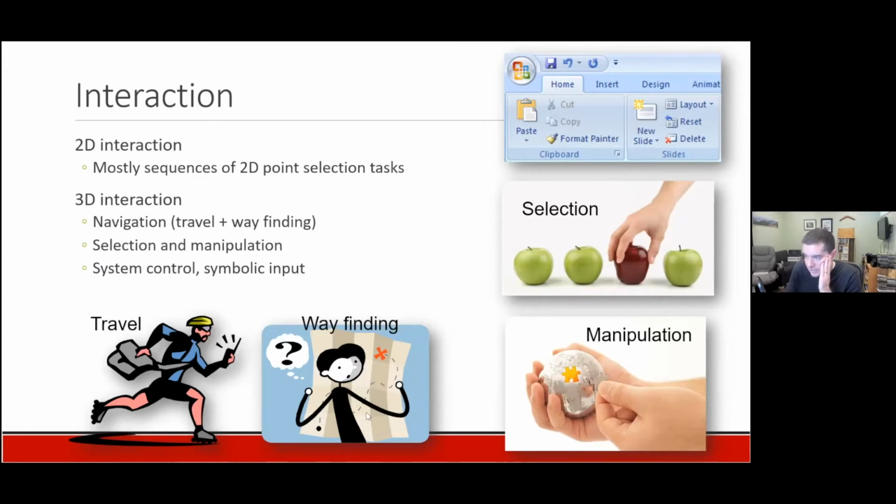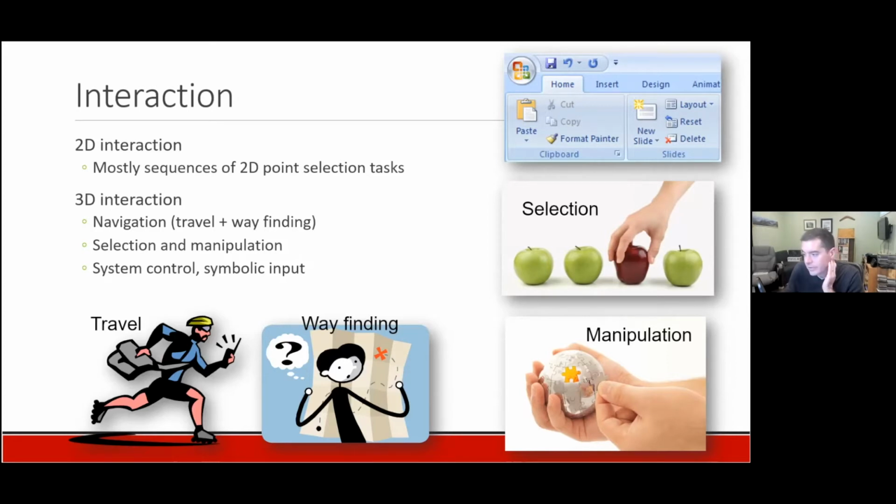So, cognitively planning your task, but also selection and manipulation are the primary tasks in these systems. Selection is where you're actually acquiring an object from the possible set of objects to do something subsequent with. And often that subsequent operation is manipulation, where maybe you're moving the object in 3D and/or orienting the object in 3D, or maybe you're updating some property of the object, maybe modifying vertices or changing color